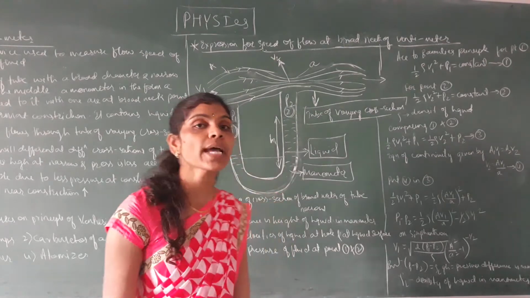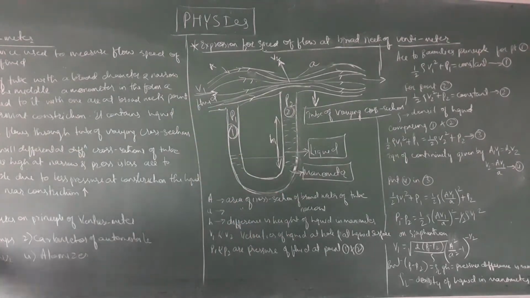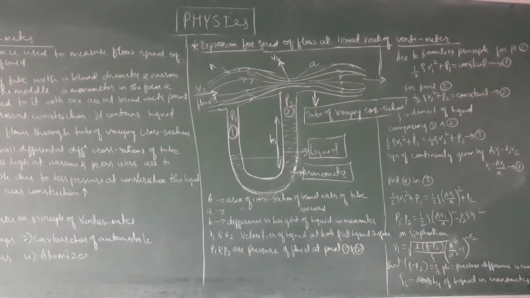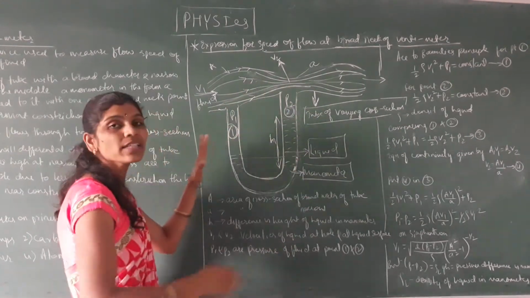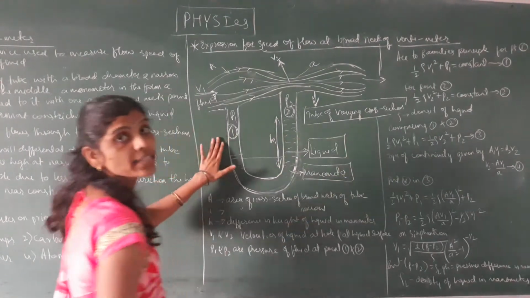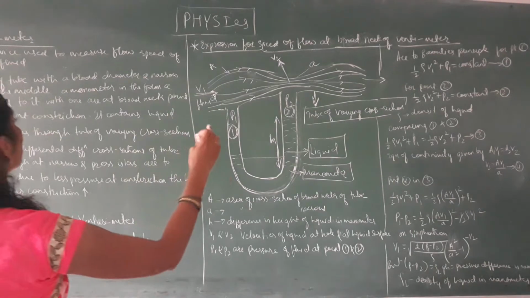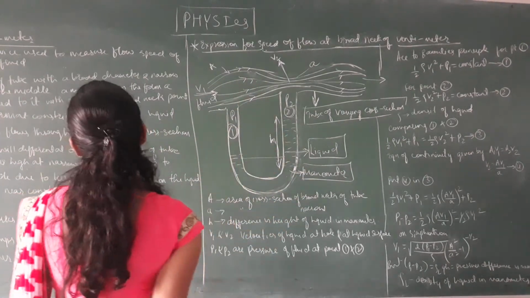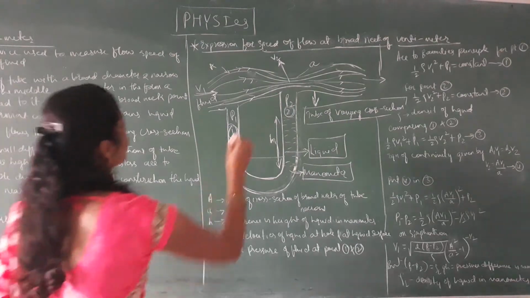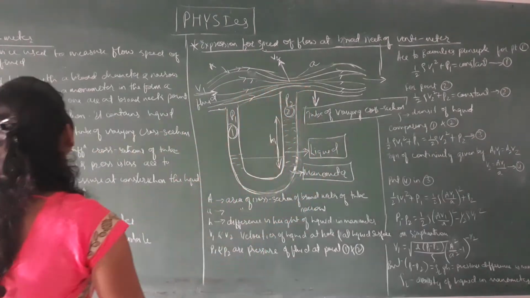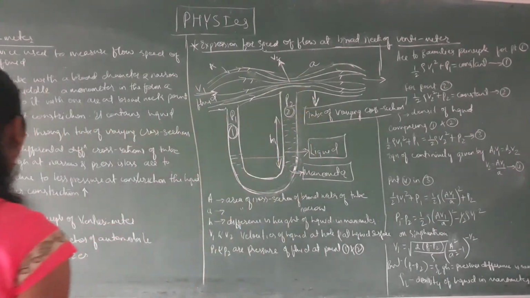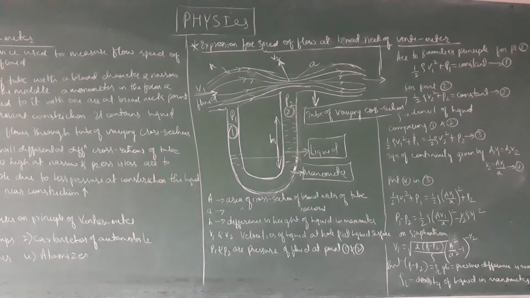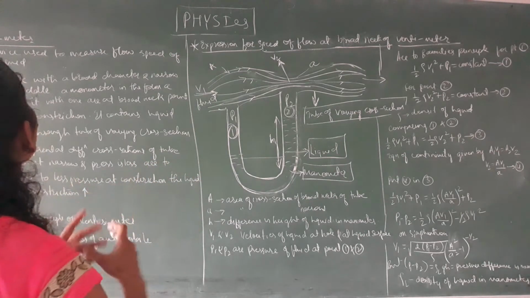So the Venturi meter is a device used to measure the flow of incompressible fluid. Here is the diagram of the Venturi meter. Let us discuss how it is made up. It consists of a tube with a broader diameter and a narrow constriction at the middle. A U-tube is attached to it, with one end at the broad neck point of the tube and the other end at the constriction.